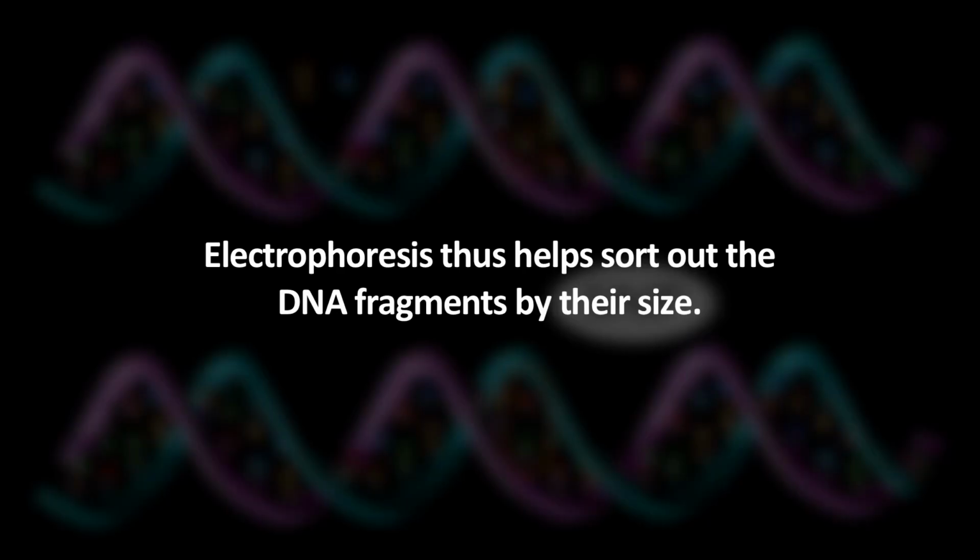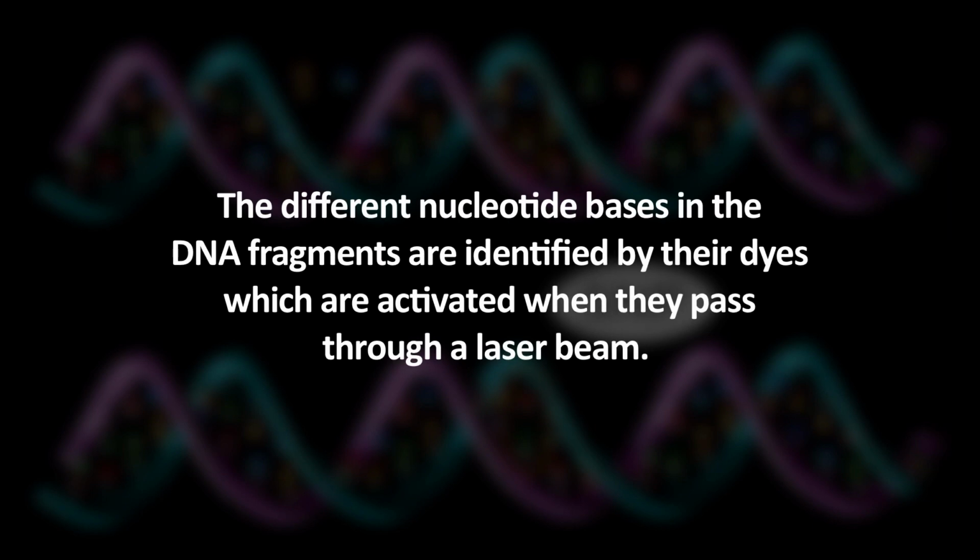Originally, the gel was placed on a slab, but today it is inserted into a very thin glass tube known as capillary. When subjected to an electric current, the smaller nucleotides in the DNA move faster than the larger ones. Electrophoresis thus helps sort the DNA fragments by their size. The different nucleotide bases in the DNA fragments are identified by their dyes, which are activated when they pass through a laser beam. All the information is fed into a computer and the DNA sequence is displayed on a screen